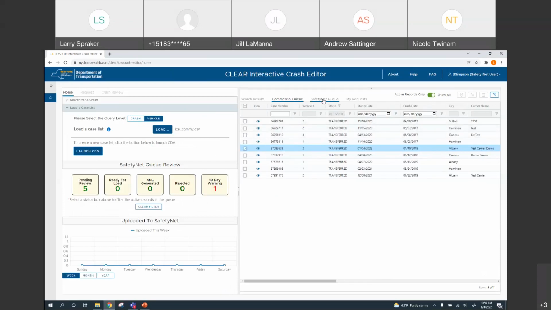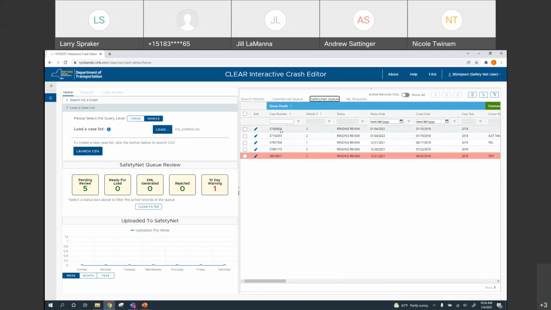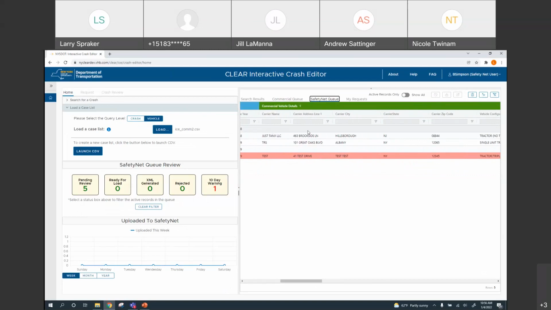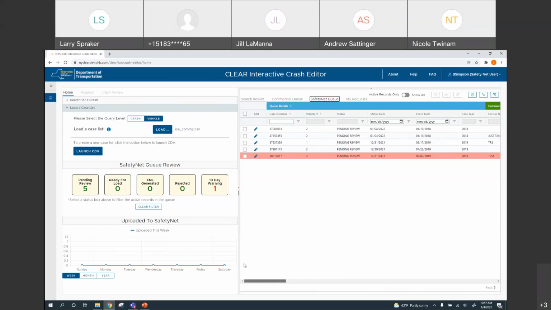In the SafetyNet queue where we added 3633, it's over here. We see both. This is the core commercial vehicle data once again, and to the right, in the red, this is the updated copy that we're editing thus far, okay? All right, so we have now added two records, 3633 from the commercial queue,